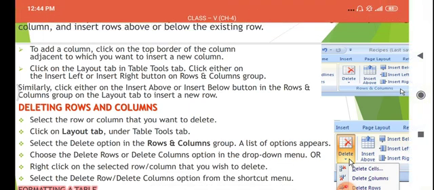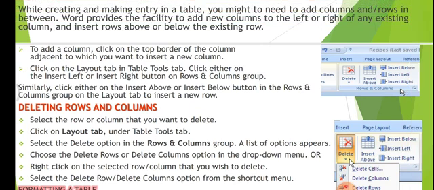If you want to insert a row, you have to click on the option Insert Below or Insert Above. If you want to insert a column, you have to click on Insert Left or Insert Right. Deleting rows and columns.